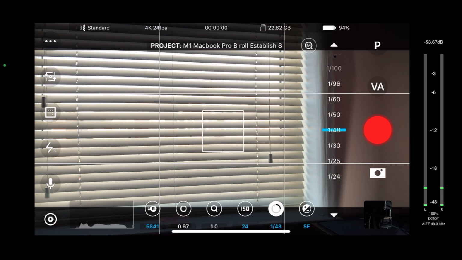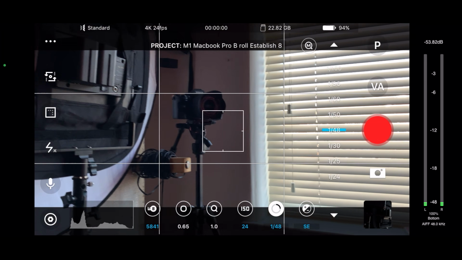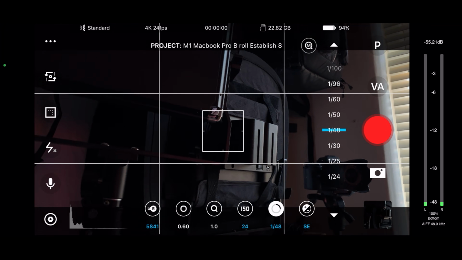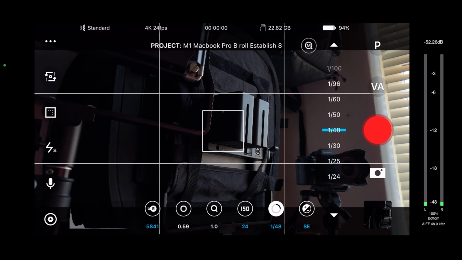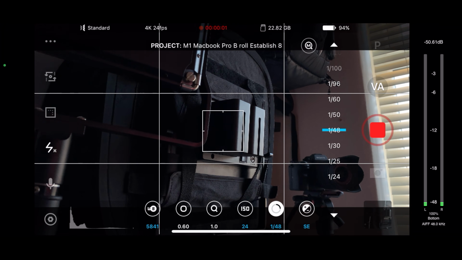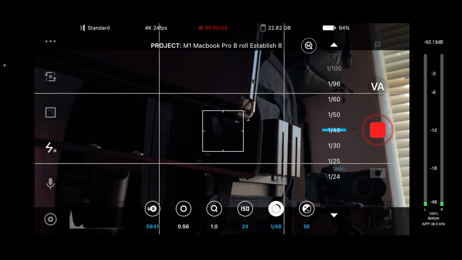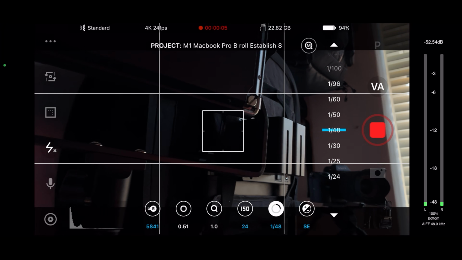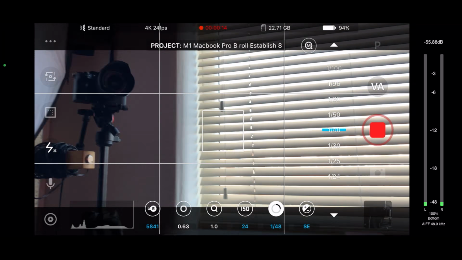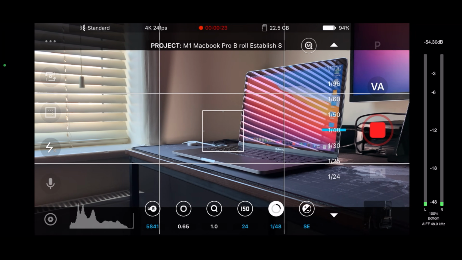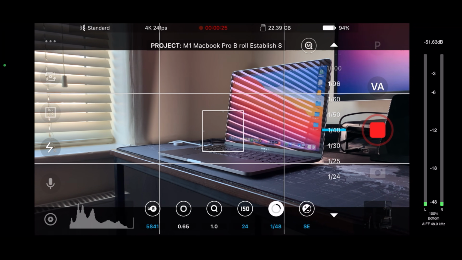To help me compose my shot, I use this really helpful rule of thirds grid. Now most, if not all, video apps and camera apps in general should have a rule of thirds grid built in. So I'm going to start with my lights on this point on the rule of thirds, and then I'm going to pan across and finish with the laptop on this point on the rule of thirds, and I'm going to use the desk as a leading line.